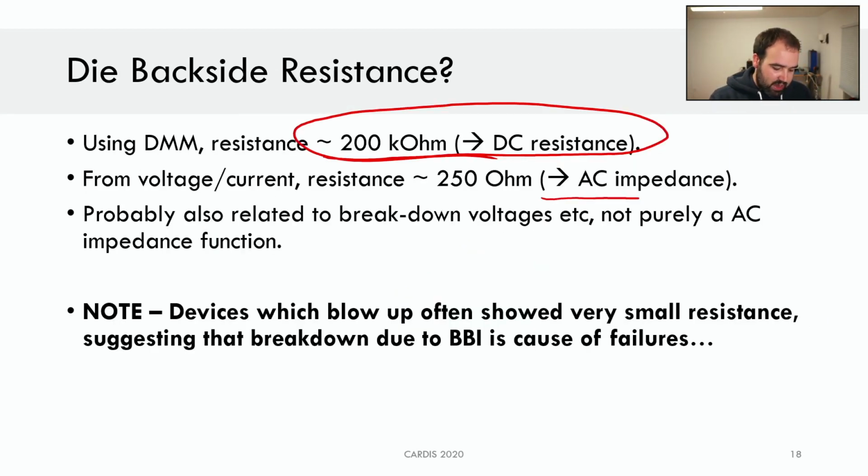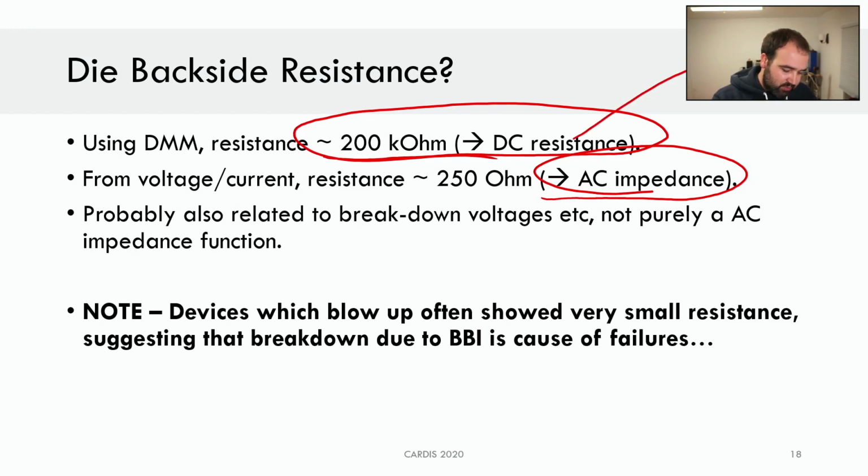So it's either an AC impedance, might be one thing, because this is a pulse. Remember, I'm looking at the maximum voltage and current of a pulse going in, not of a constant voltage. It also might be a little related to the breakdown voltages. So I don't know if this is purely an AC impedance relationship here, or if it's the fact that, you